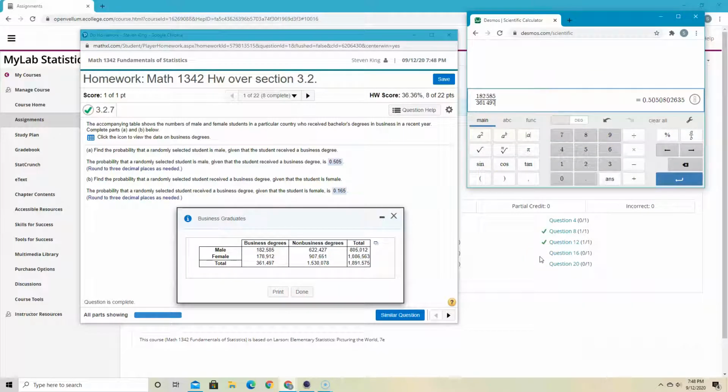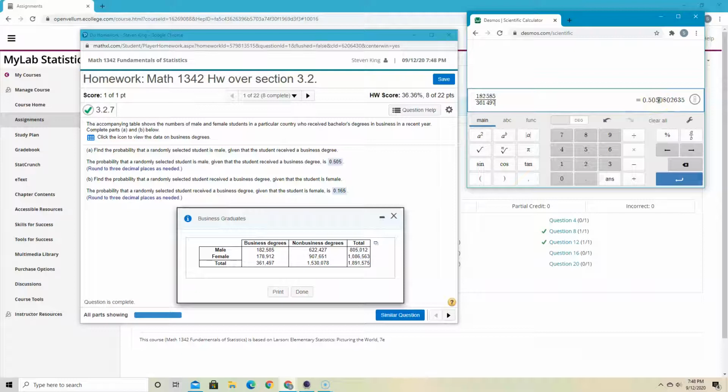And now we just make sure we type the numbers into the computer calculator correctly. And we have, and now we look over here,